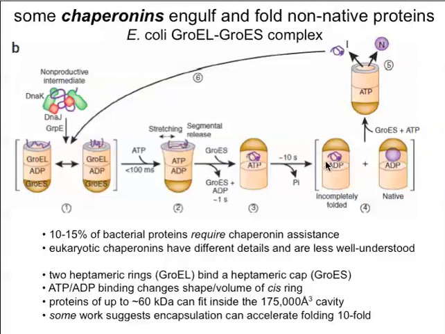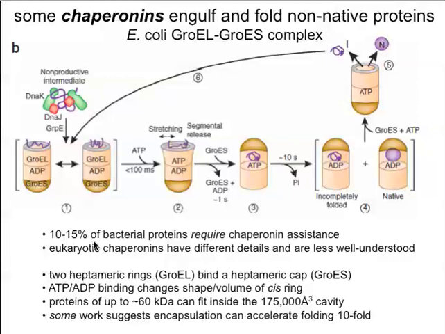Maybe there's some time dependence of this folding event, and then we release, right? And so we hydrolyze our ATP to ADP, and then we release. Maybe the protein is native, maybe it's still unfolded, in which case we can go back again and perform this process. The key here being, and let me remind you, that this species, free in solution, is prone to aggregation, and that's bad, right? So the chaperones are preventing that aggregation from taking place.